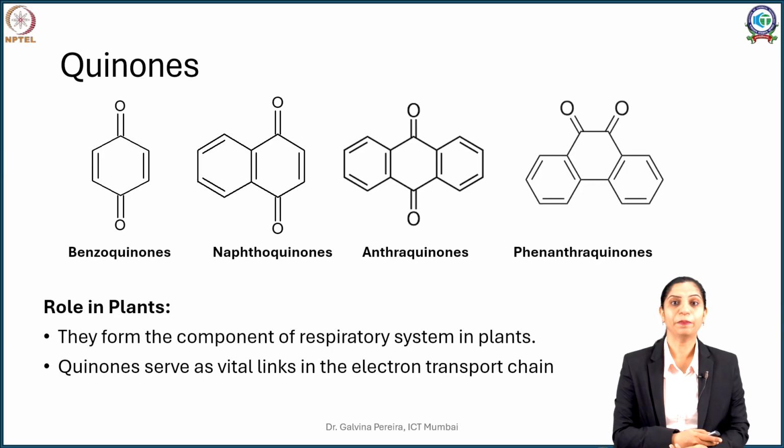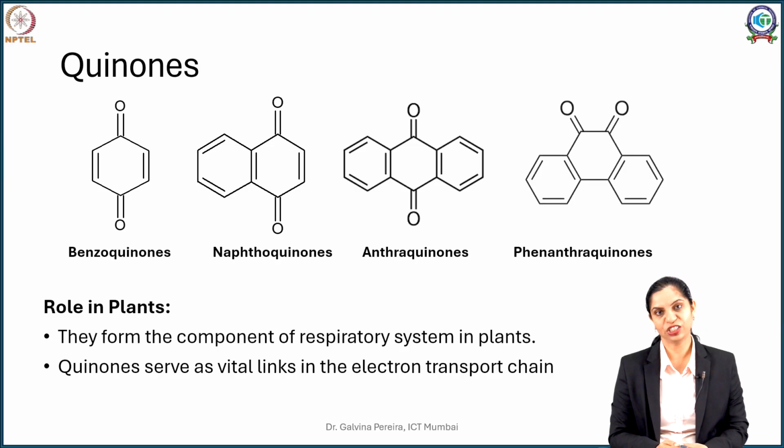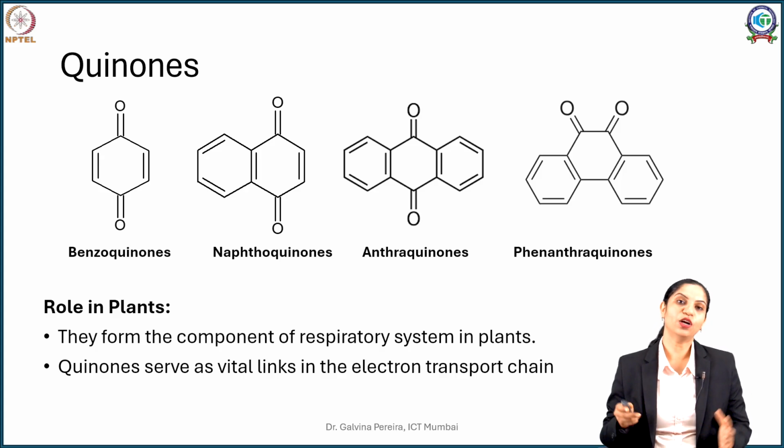Quinones, depending upon the nucleus in which they occur, are divided into different classes. If the nucleus is a benzene and you apply a quinone, quinone is a diketone derivative. So if to the benzene you apply a diketone, you get what is called benzoquinone. To a naphthalene you apply a diketone, you get a naphthaquinone. To anthracene, if you apply your diketone, you get anthraquinones, and to a phenanthrene nucleus, you get what are called phenanthroquinones. Now, these are not all.